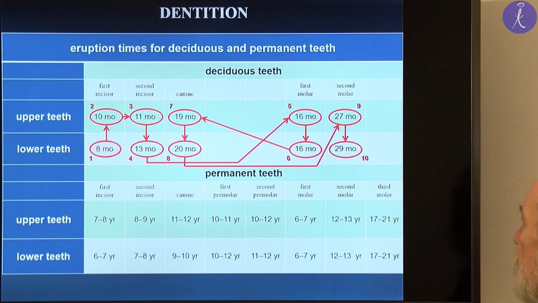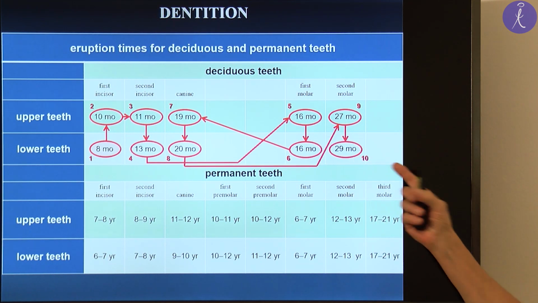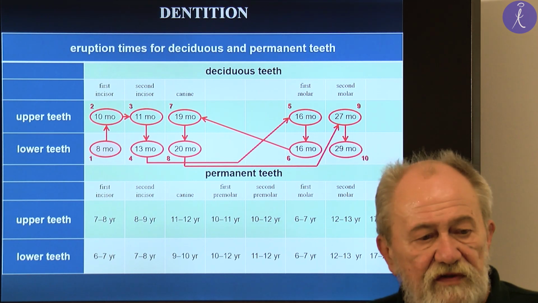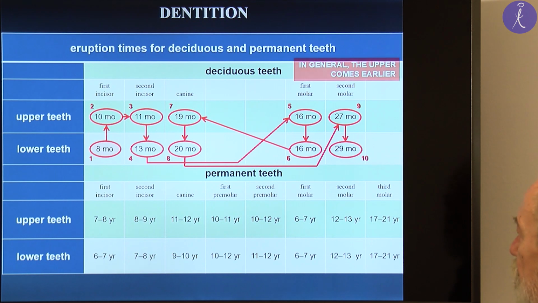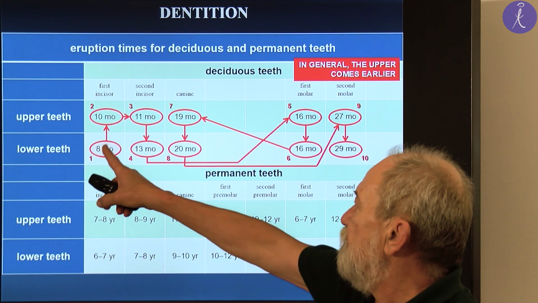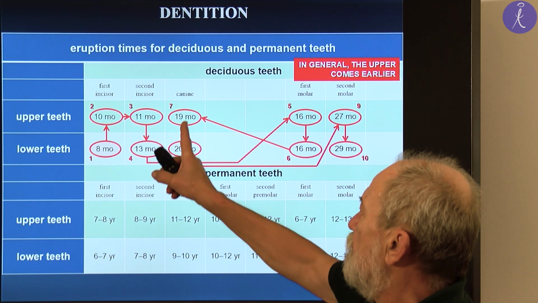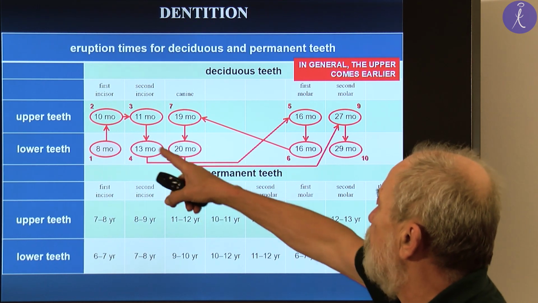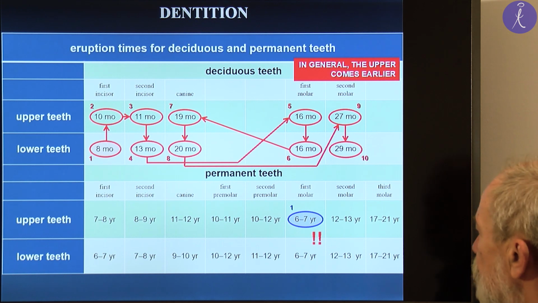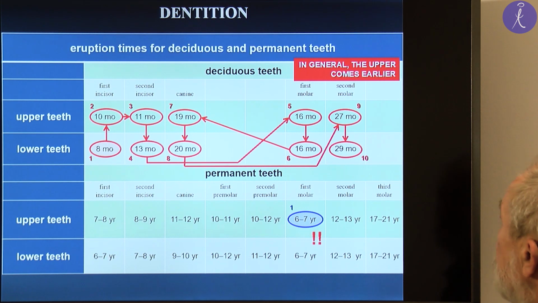The thing is that the last to come is the second molar in the lower row, and that happens around 2.5 years of age. In general, except for this one, the upper ones always come first, and only after that the lower ones follow. And then the changing of the teeth, the dentition,